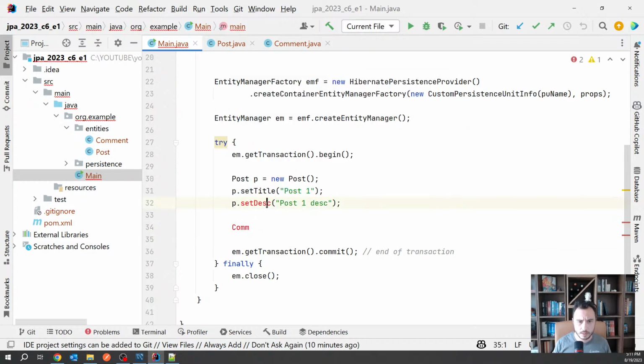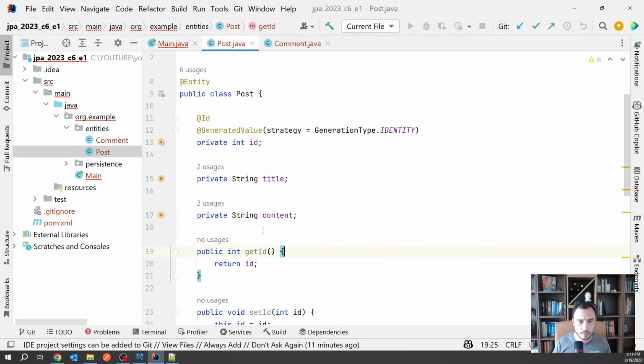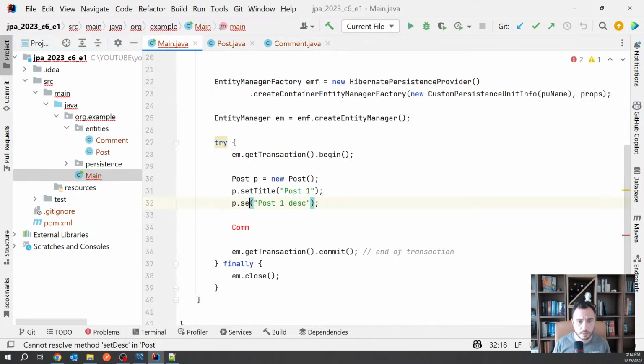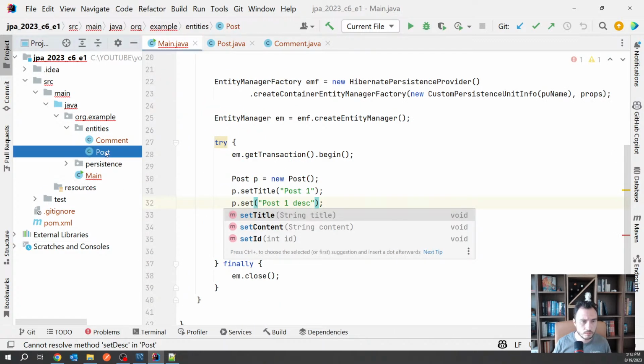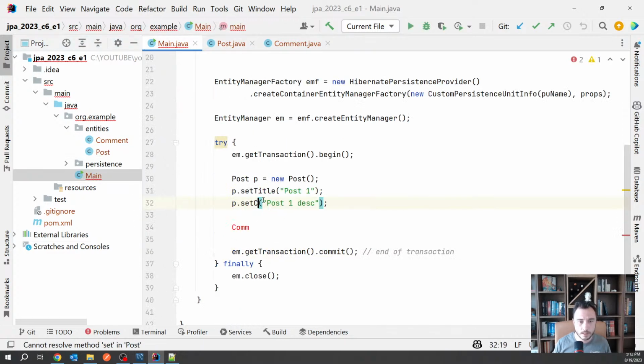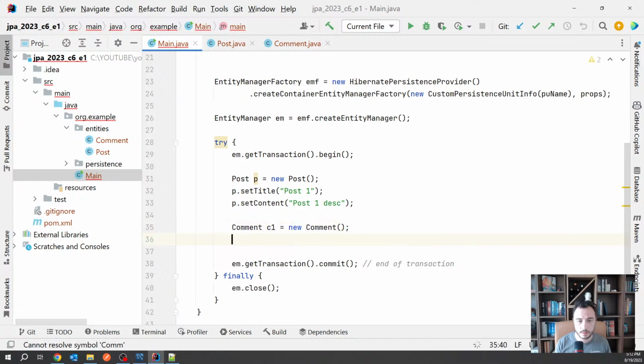Set, this is not a description, wasn't that description? It was content, sorry, my fault. So here is set comment, set content, okay? Set content, cool. And then comment, new comment, and you say set content for the comment there, so it's content